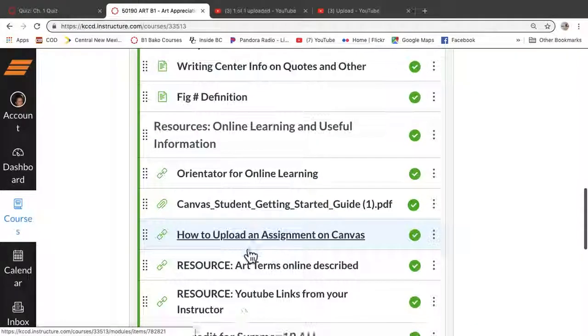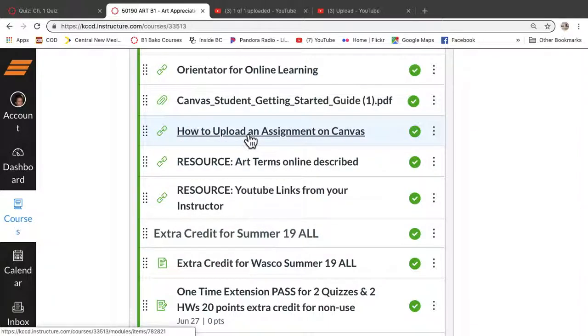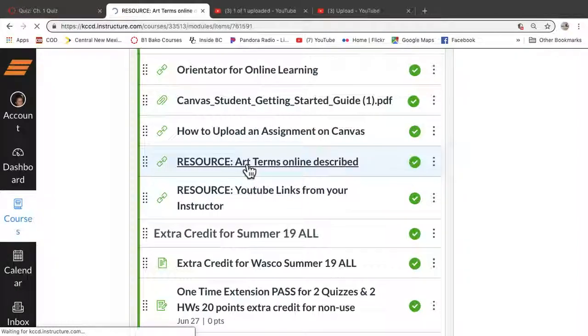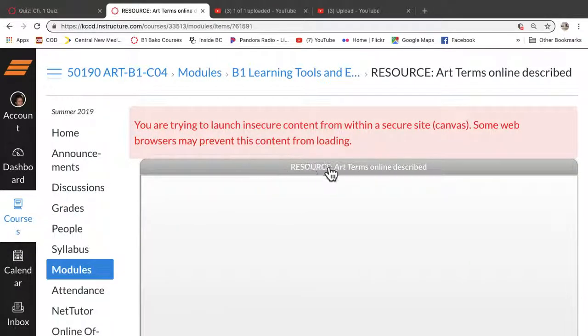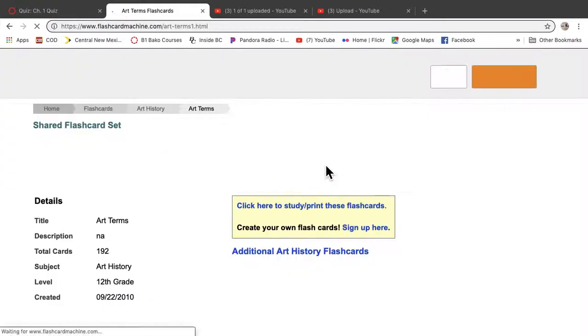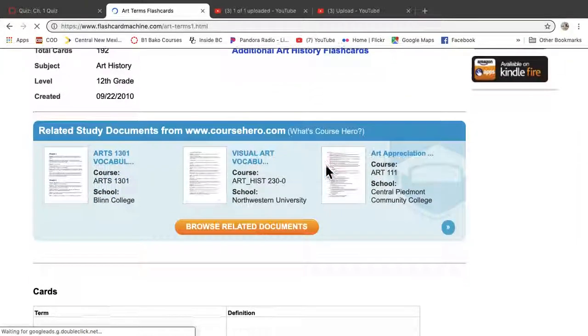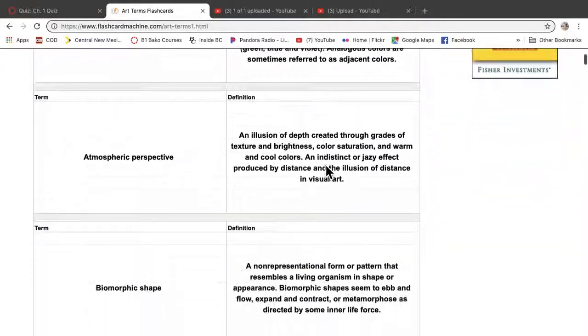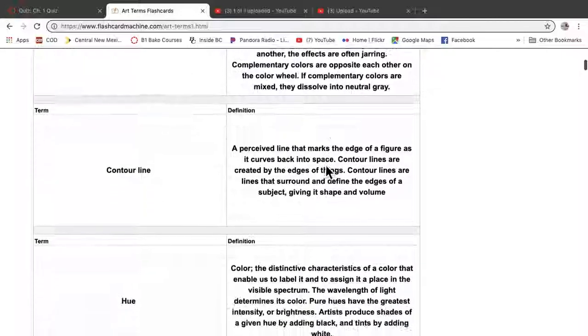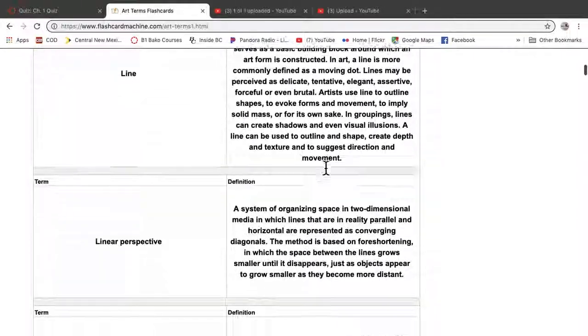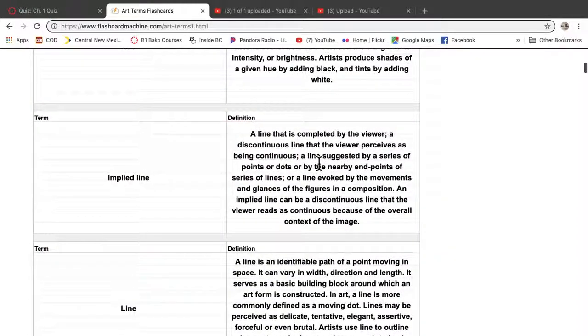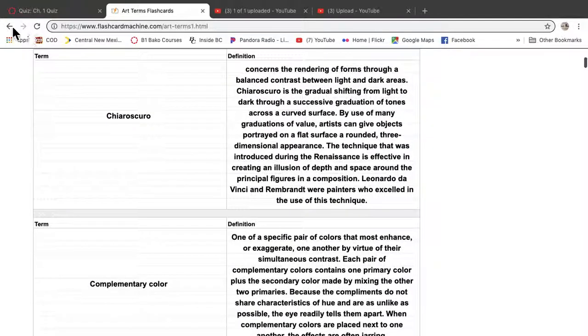How to upload an assignment on Canvas, because you do have some uploads. Art terms online described. And if you go here, this is kind of nice. Let's make sure it's working. This flashcard is going to explain all these different art terms. Now, this isn't all the elements and principles in that order, but it does include them, if that makes sense.